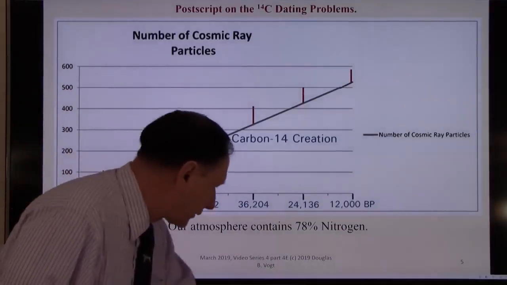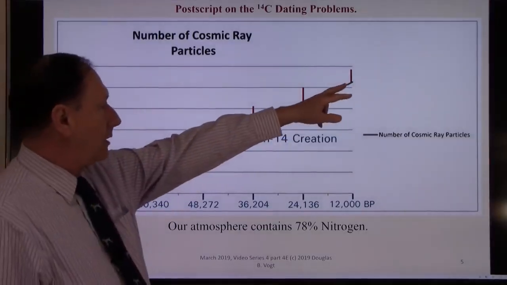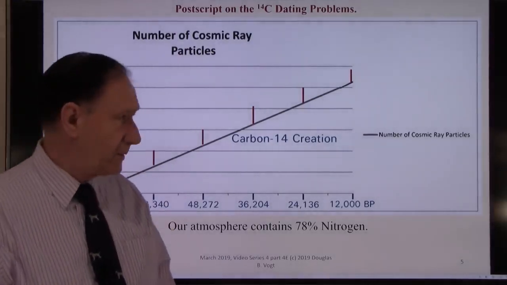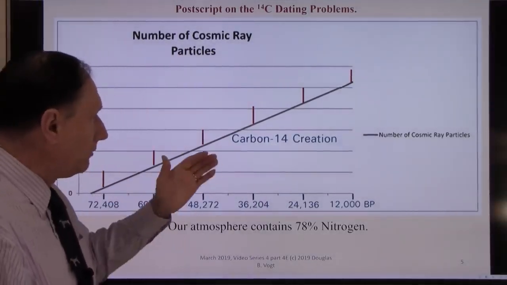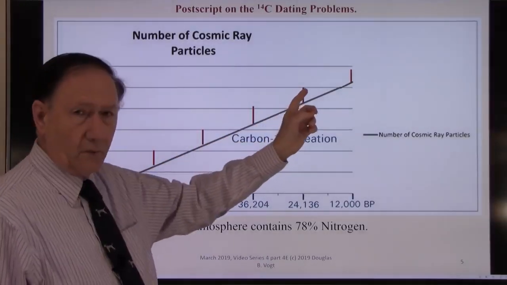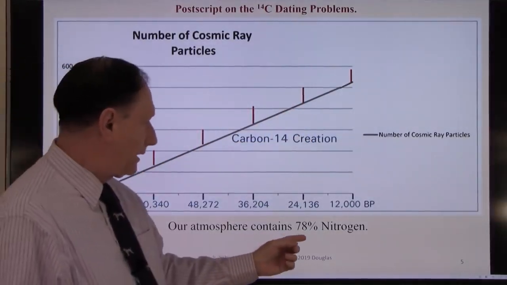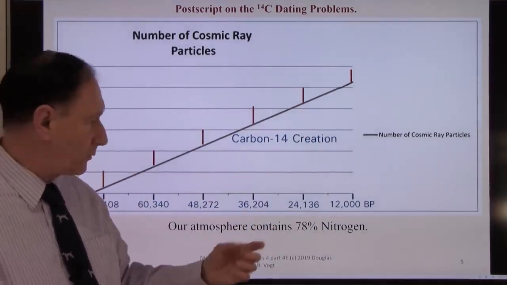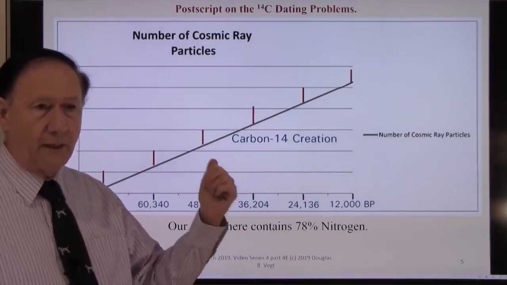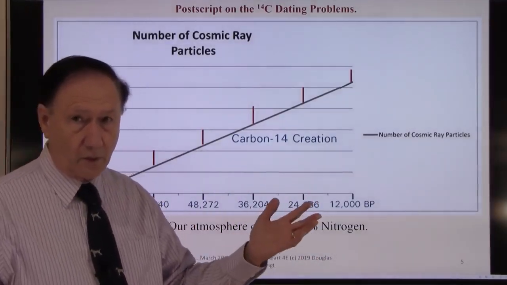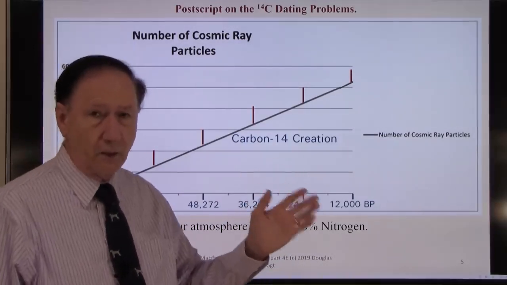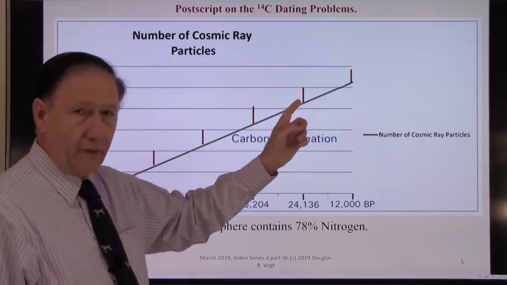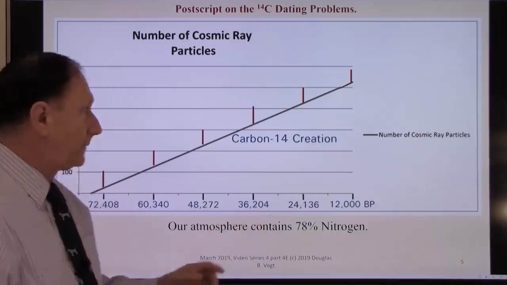I have to use my trusty globe, but this is how carbon decays over time. Its half-life is 5,730 years, I remember. But what they don't know is that during the time of the nova, you're going to have a big spike. Now, 78% of our atmosphere is nitrogen. And the theory is that a cosmic ray hits a nitrogen atom, knocks it off, and it becomes a carbon-14 isotope. That's the theory. I assume they're right. So all of a sudden you have a spike, so you're going to have younger dates than you really did have, and you have to adjust for that.